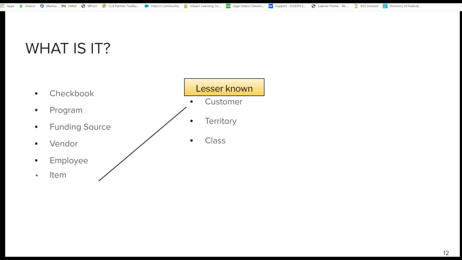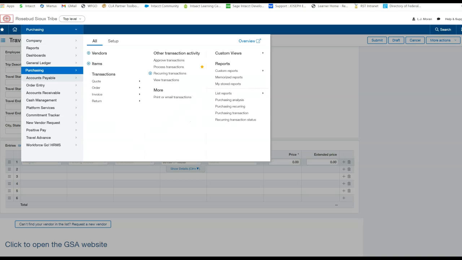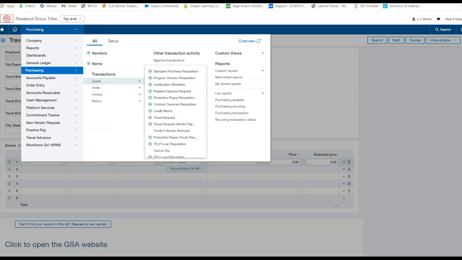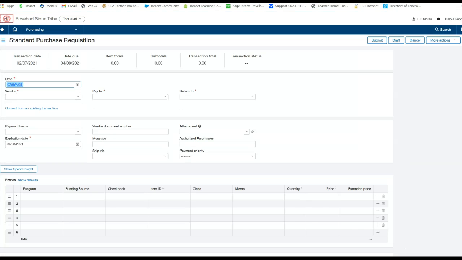We also have territory available as a dimension and class. All of us who've been doing purchasing transactions over the last year have become more familiar with class. As we're making a request in purchasing, we now have the class field, of which the two more common ones we're using over the last year is